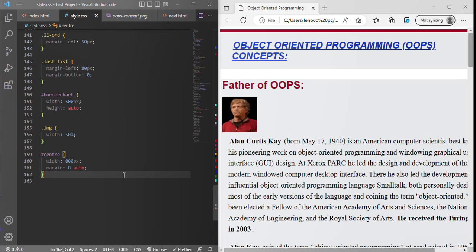You can do the same thing on your own and size your website as per your general dimensions. This is the general thing that I want to share with you in this video,